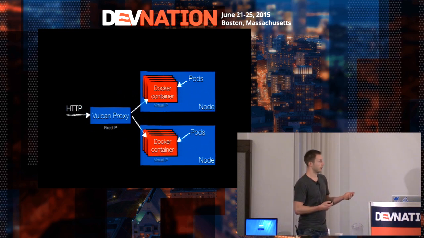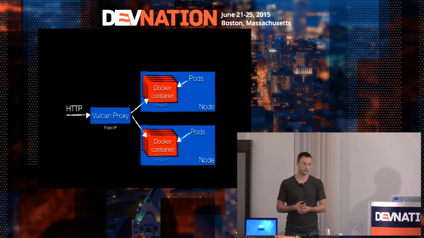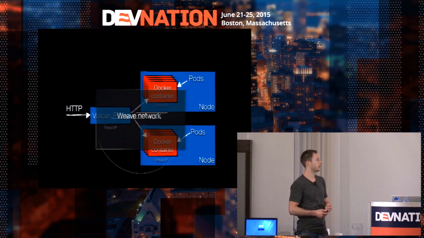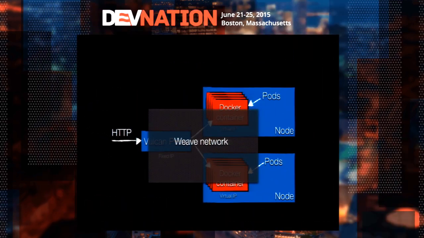So we still have the same setup. We have a separate machine with a proxy, and we have the machines where the pods are running. We put a virtual network on top of it, in this case facilitated by Weave, and Weave takes care of handing out IP addresses. That's quite convenient. As I said, there are different solutions out there as well. It doesn't really matter which one you use.